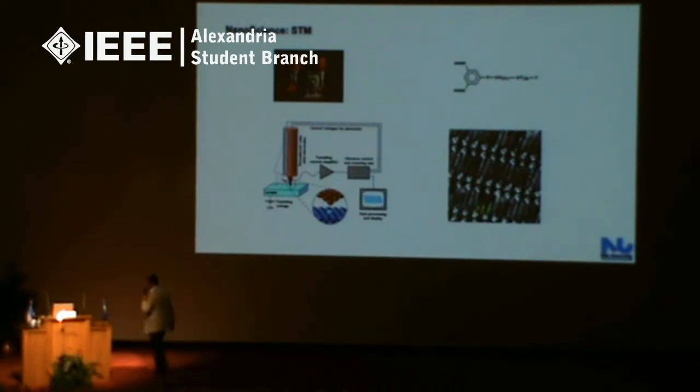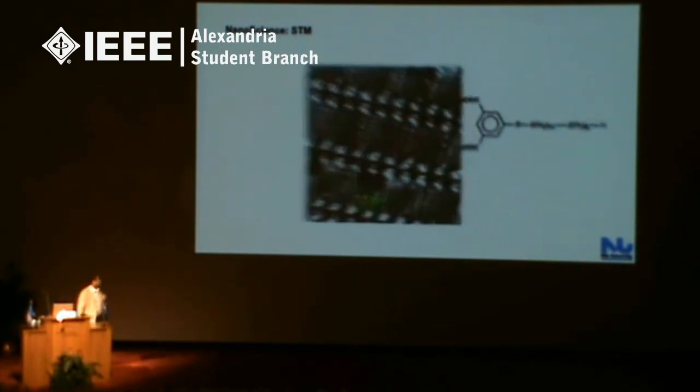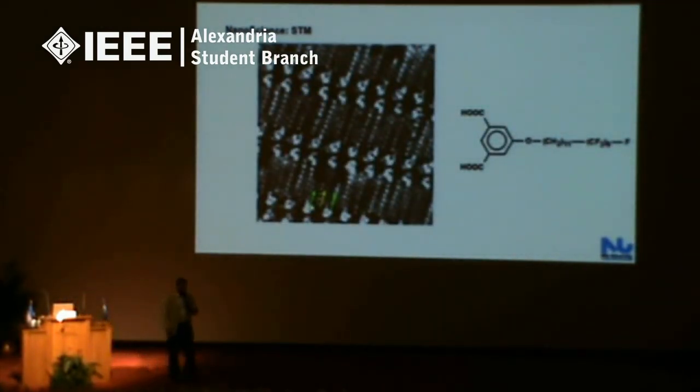Now, what is the data that we see out of it? All of us in chemistry, in high school and in the first year of engineering, have always heard the word benzene ring, right? An alkyl chain. Now, are they really a ring? What you're seeing here is a monolayer, just a single layer of these molecules on the surface. These bright spots are the benzene rings. The dots right after each other are the alkyl chain. So basically we can actually see molecules and we can manipulate them on the surface.